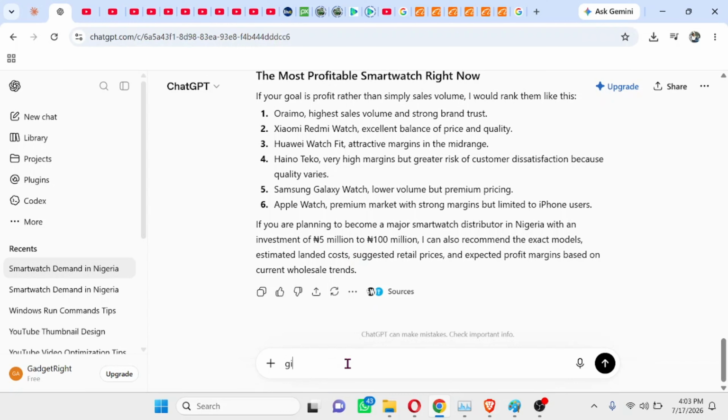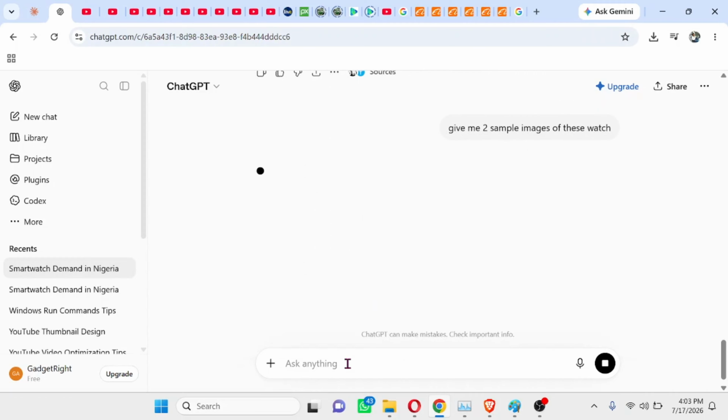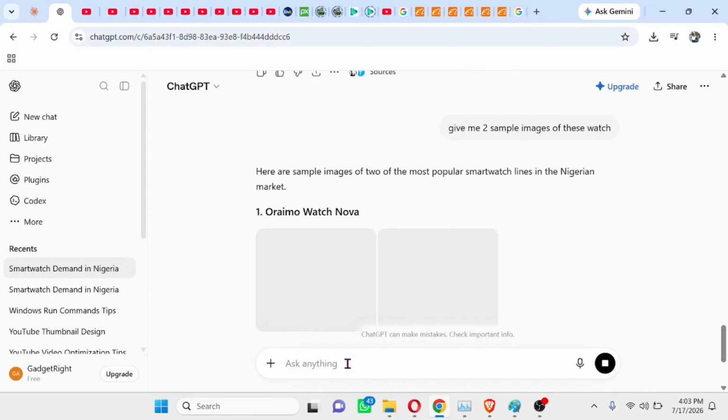So give me two samples. Give me two sample images of this watch. So let's hit the enter button and wait for ChatGPT to give you two sample images